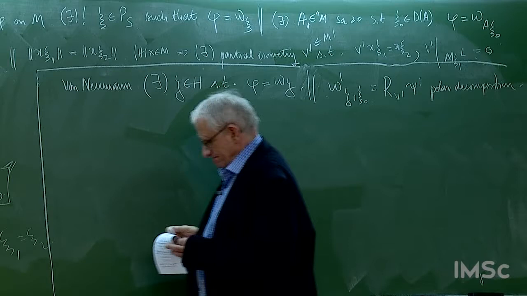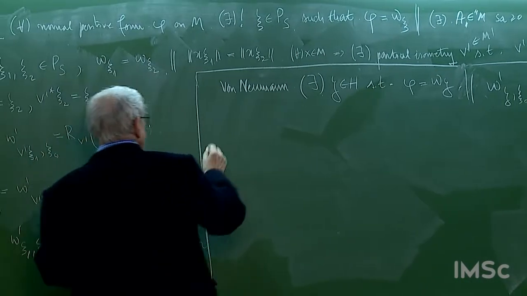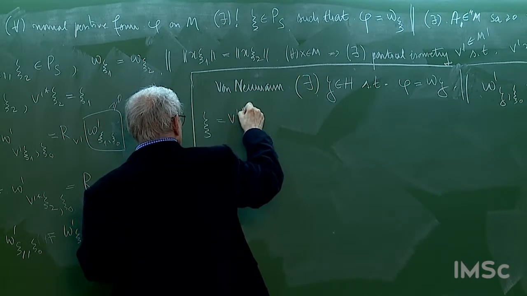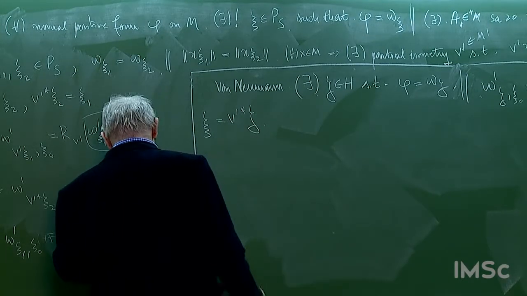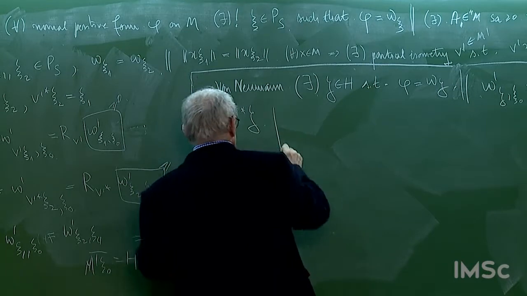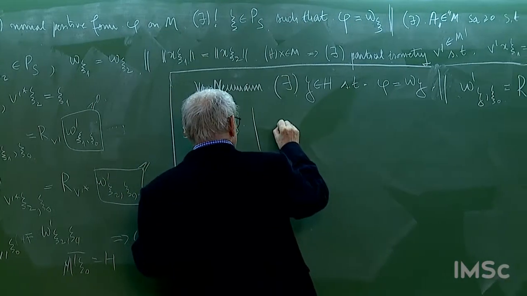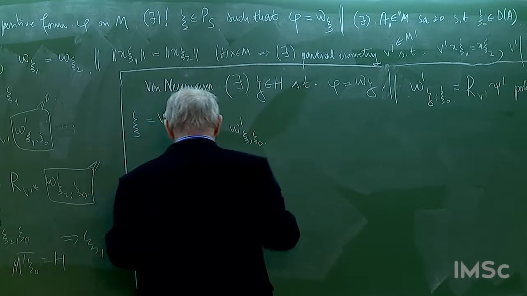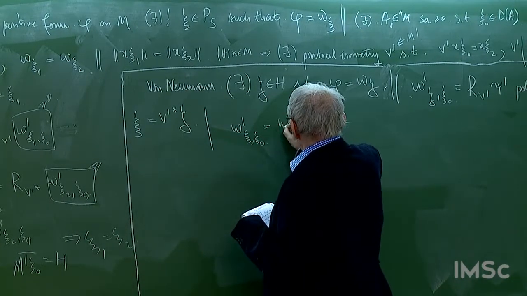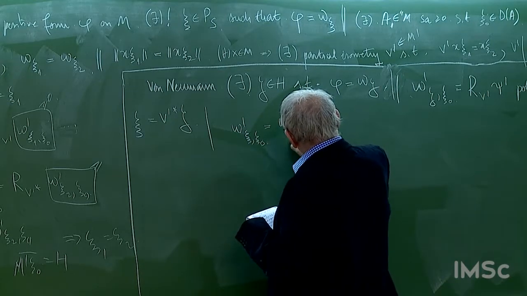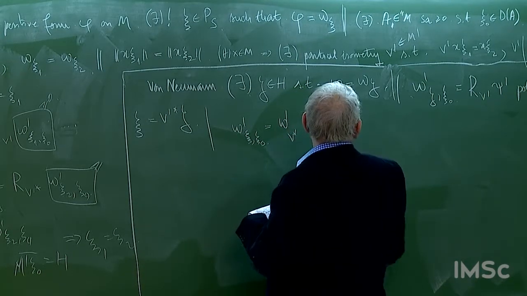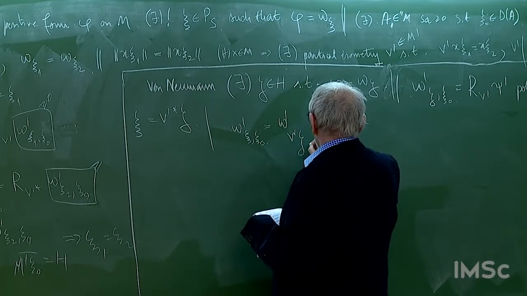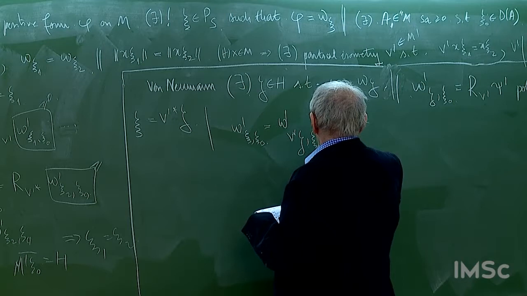Fine. And we define then psi as V prime star of zeta. And then what do we have? We have the following thing. We have omega prime psi 0 is equal to omega prime V prime star zeta, zeta xi 0,